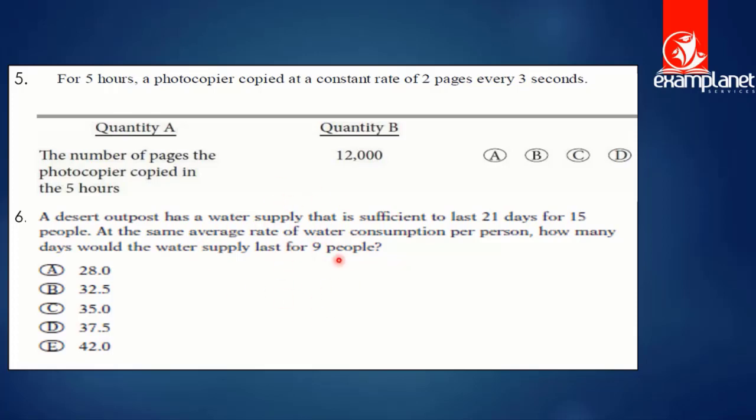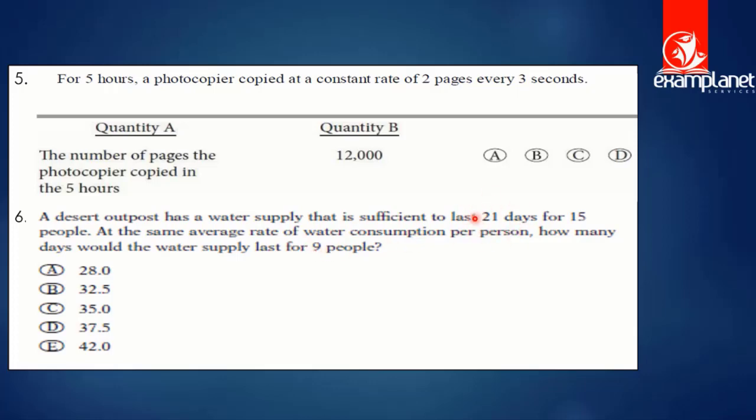This is a pure proportion question. But let's look at what they're saying. Now, we have 15 people that will consume an amount of water for 21 days. Now, the question is asking us that at the same rate of water consumption per person, how many days will the water last 9 people? So you have 15 people and the water will last 21 days. If you now reduce the number of people to 9,